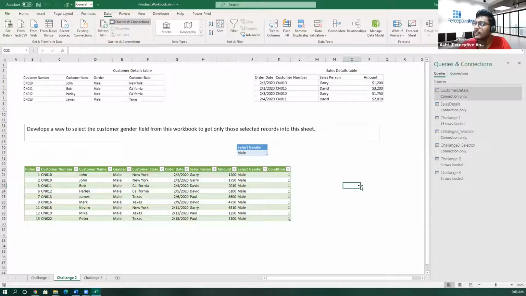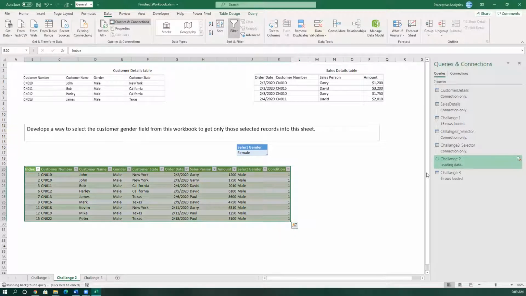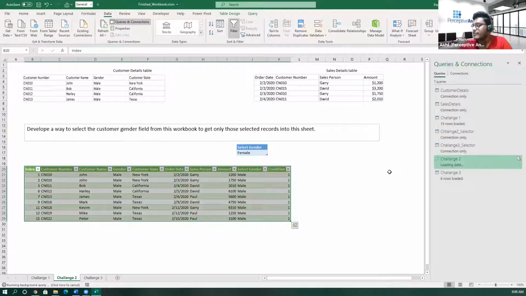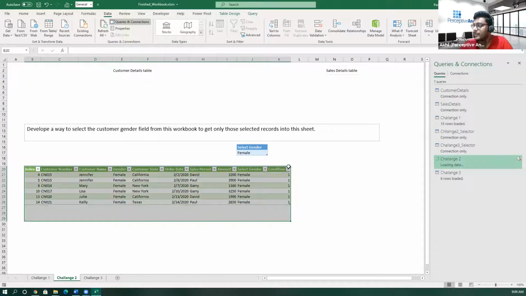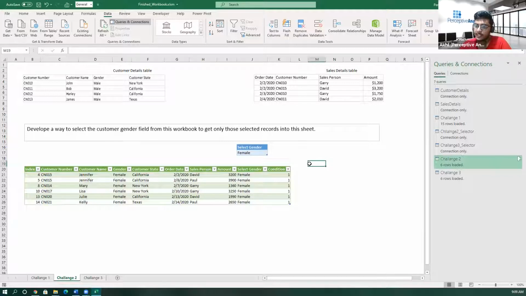What are we seeing? We are seeing a finished workbook for the last challenge. Whenever we select a field from here, we go here and refresh the data, right? Just refreshing. This can be automated with VBA. So let me explain how we can do that, and later we go into the hands-on session with the new dataset that I've recently shared.